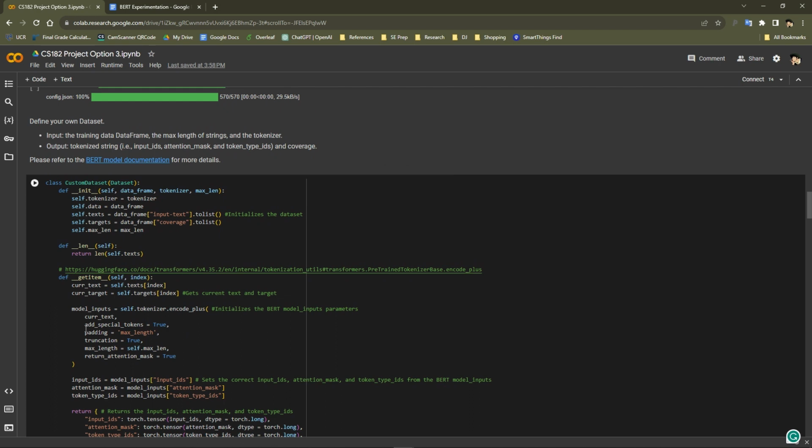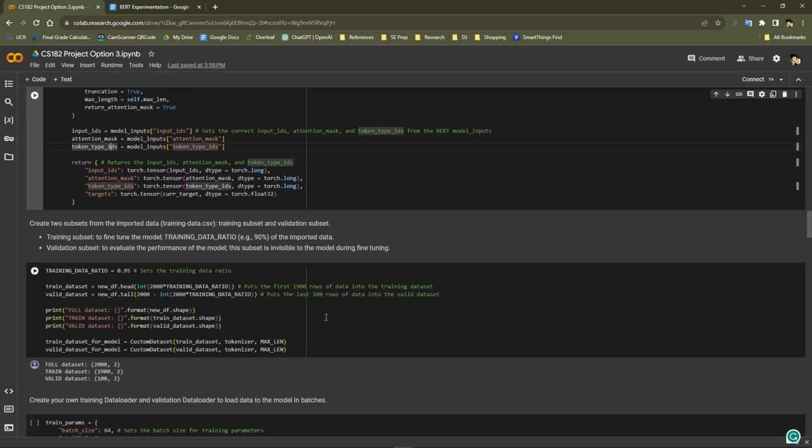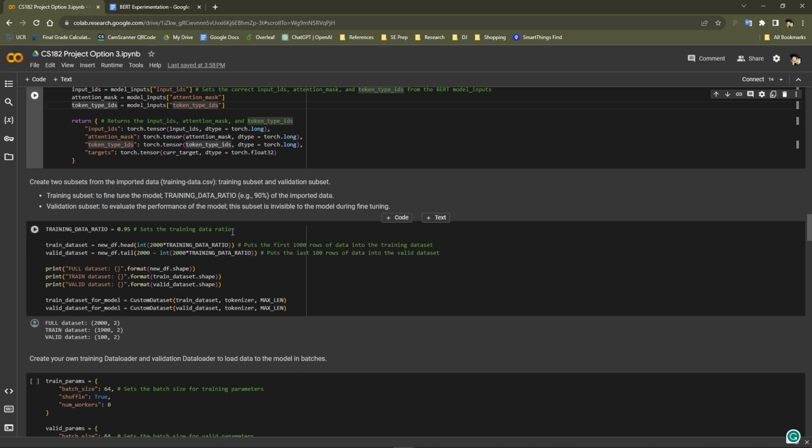Down here we started to define our data sets, and we use this code to initialize the BERT model input parameters like input ID, attention mask, and token type IDs. Down here we have a training data ratio that we change in our experiments, and then we grab the train data set and the valid data set,